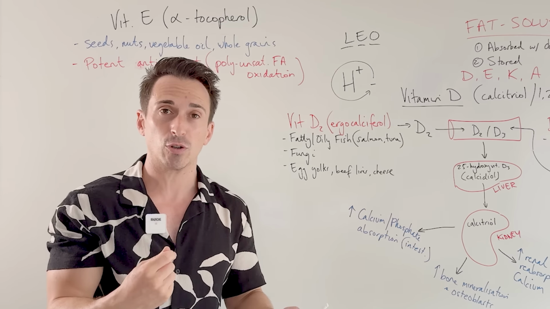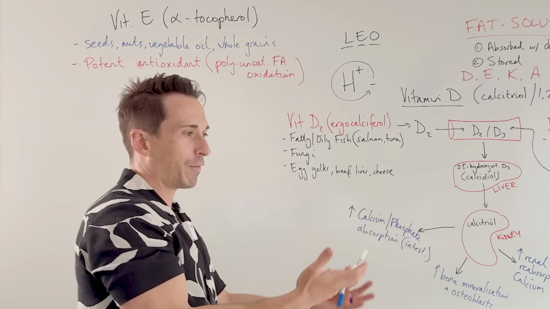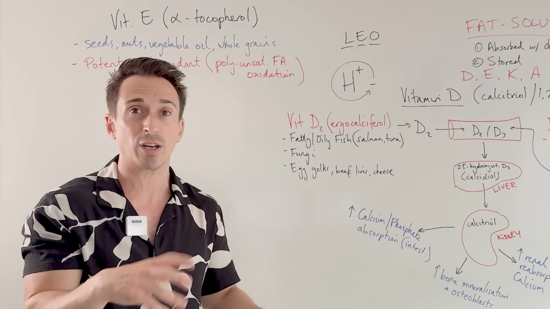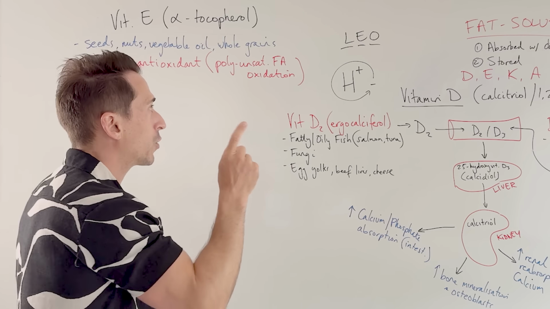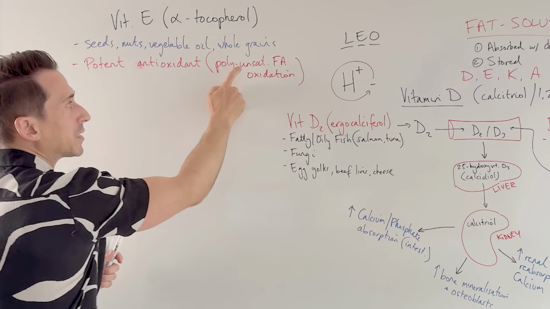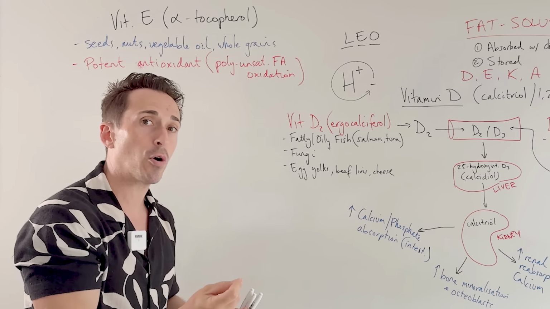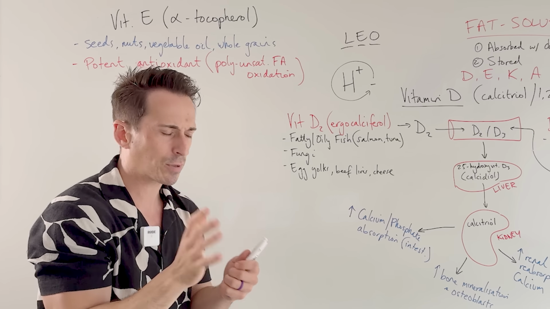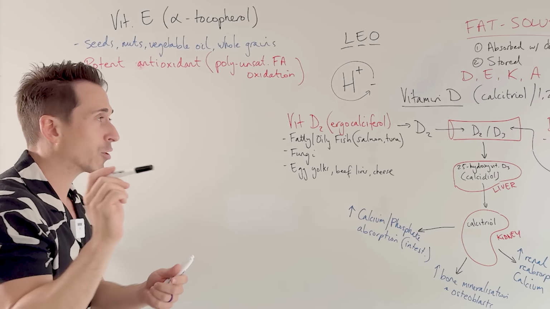If you steal an electron, it's not complete. It's going, I need to now find an electron somewhere. And that's a problem because it'll just go to various tissues of the body and steal electrons. So importantly, what can happen is that our polyunsaturated fatty acids are very prone to being oxidized, to having electrons stolen from them. And I'll tell you as briefly as I can the reason why.